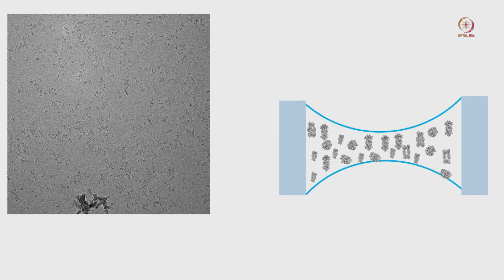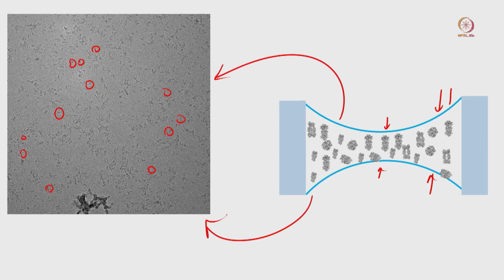Next, another one, that is moderate ice all over the grid. You can see the center area is not so thin and not so thick. Even the edge area is not very thick ice. There you can see a well distributed protein all over the region. Wherever you go, you can see it well distributed. So this kind of ice pattern is always good, because wherever you image, you will get a monodisperse sample